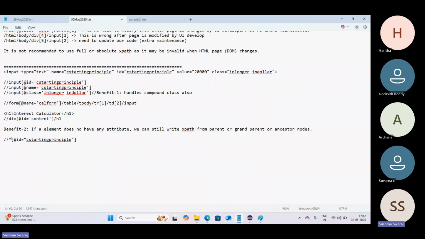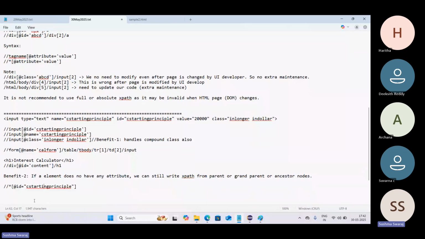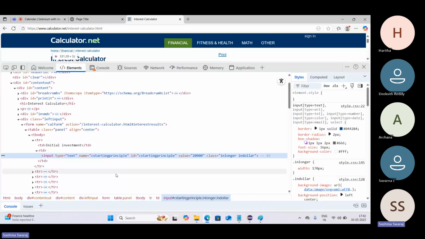Yes. So I told you to use tag name. If you don't know, you can use star also. I mentioned both. If you are not worried about the tag name, and you are confident there is only one element with this ID, okay, go ahead. You don't need to give the tag name. If you are comfortable, you can use this one. But I want you to learn HTML and XPaths from the basics,